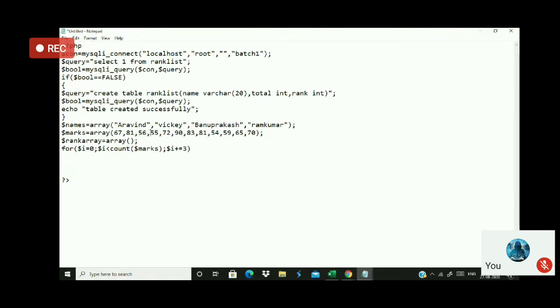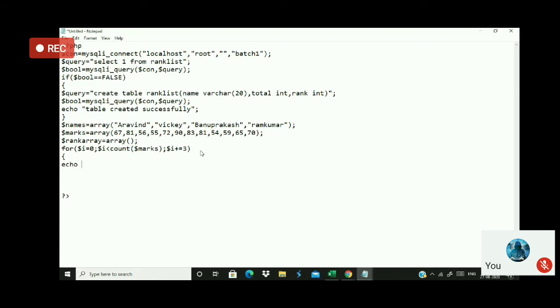Next, for the next iteration, $i should be 3. Then 3, 4, 5 should be there, and then the next value $i should be on 6 here. This should go in the same order. So 0, 1, 2, 3, 4, 5. Every time it should be plus 3, so every time 3 by 3 it has to increment. Now I'll show you how it is getting summed up.